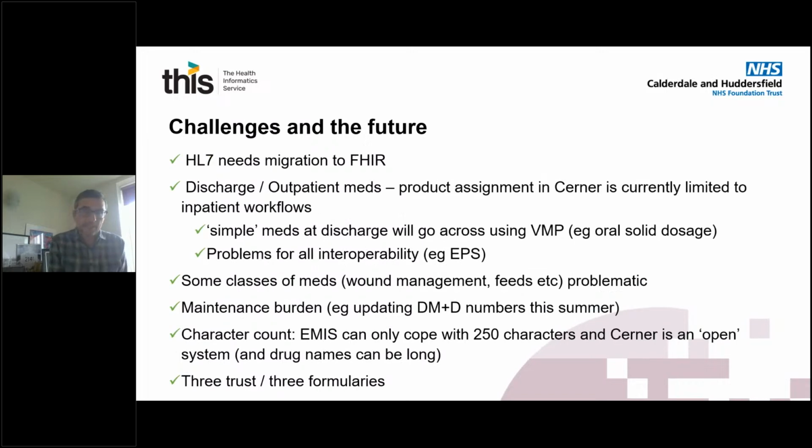So obviously we need to migrate the message to FHIR at some point, so that's the work which has been scoped at the minute. The process functions best because of a limitation of Cerner as an inpatient workflow, which is what it was conceived and bought as. Discharge meds work in a different way in Cerner, and they will go across, particularly if they're oral solid dosage forms, so very straightforward VMPs. And it's to do with how we do that order paracetamol to product, paracetamol 500 milligram tablet linking. The discharge meds kind of don't qualify for that, so